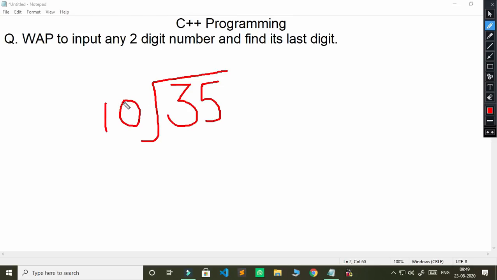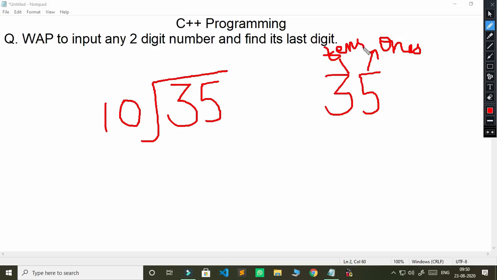And why had we taken 10? Because when you write a two-digit number, the last digit, this 5, represents the ones position, and here this represents the tens position.